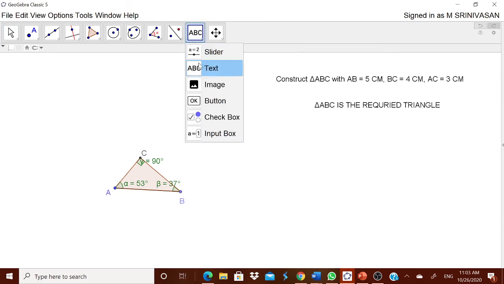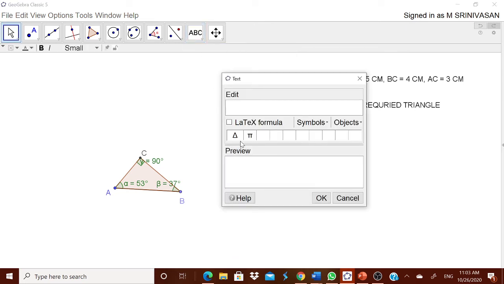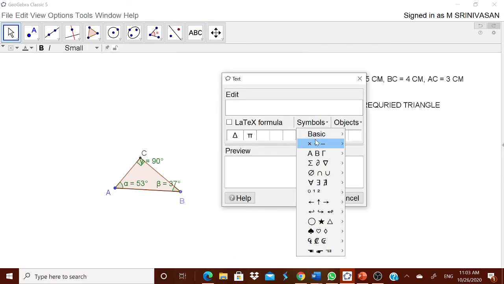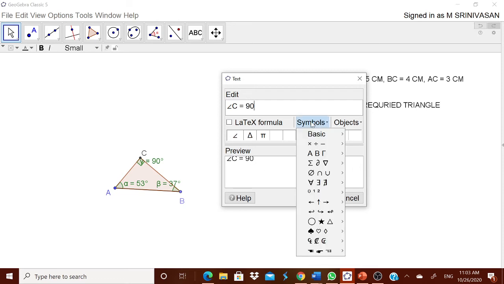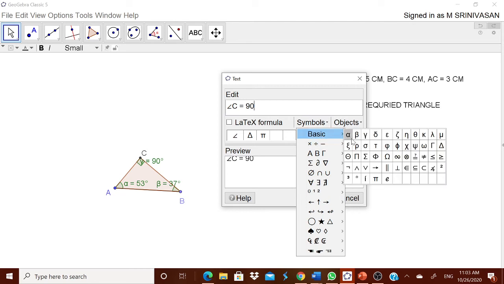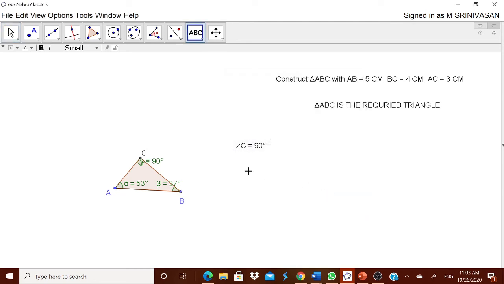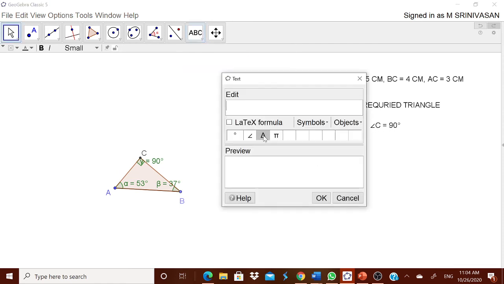You can tell the children that in the slider you can go to it and then tell them that one of the angles, angle C, is equal to 90 degrees. Now you can go on asking them questions. Okay, now it is 90 degrees. Therefore, this is a right angled triangle. Triangle ABC is a right angle triangle. You can start exploring it. You can ask the children to explore.